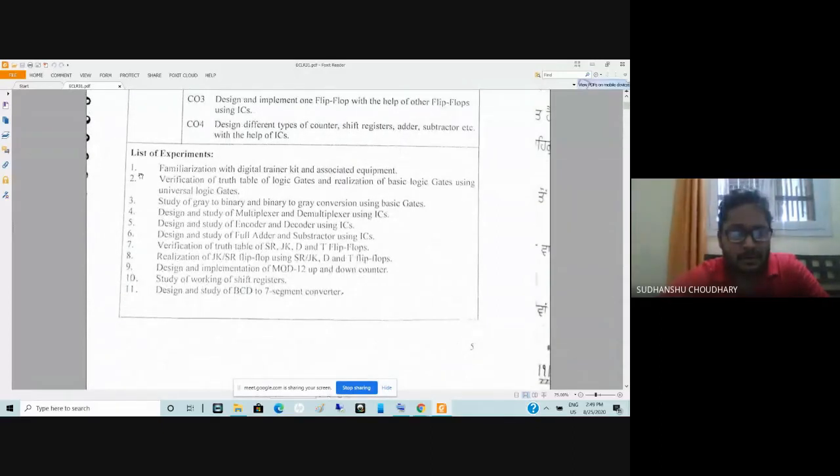Number one, as you can see, says familiarization with digital trainer kit and associated equipment. Since the lab is not open, the institute is not open currently, I'll try to summarize and show you what kind of digital trainer kit we have in the lab, what all is present on that kit, and how we can utilize the components present on the kit to realize a digital function.